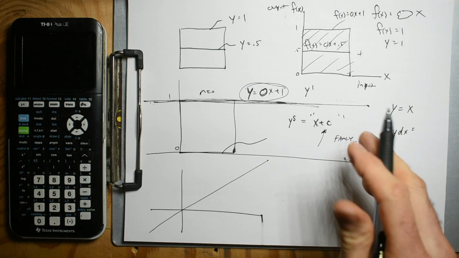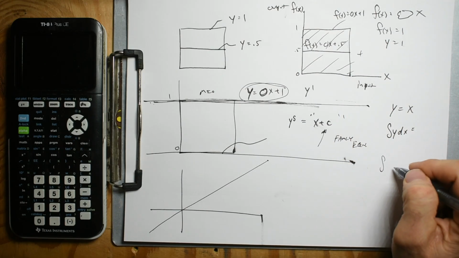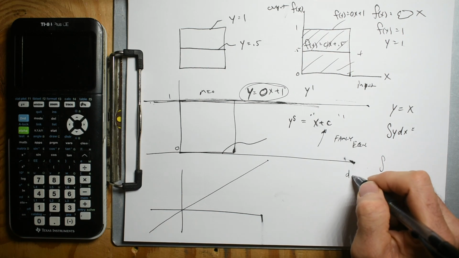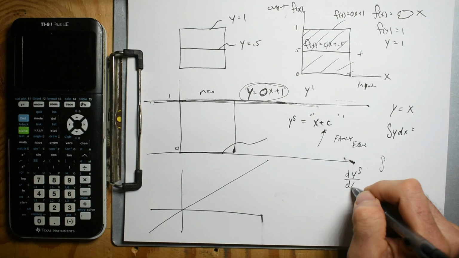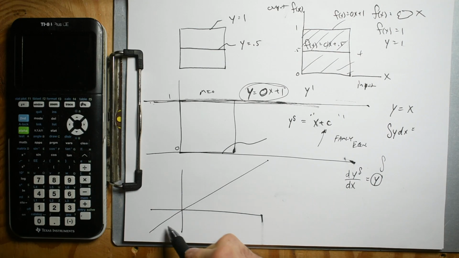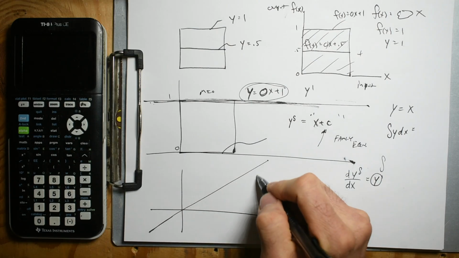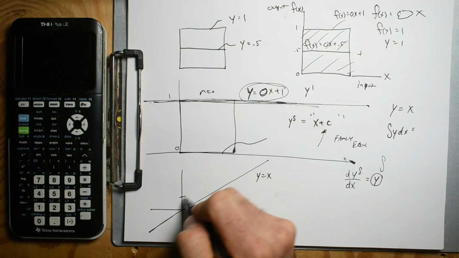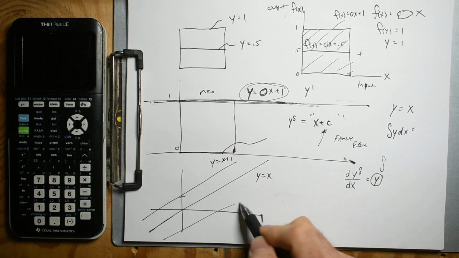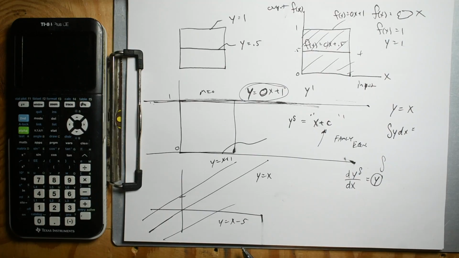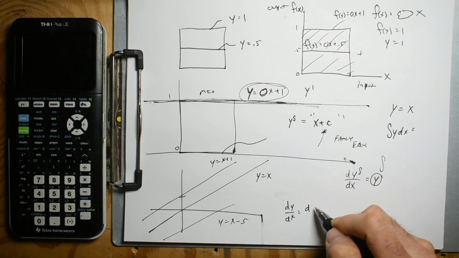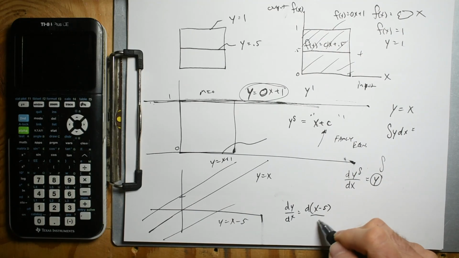It says that whatever equation is the integral, if I differentiate this equation with respect to x, I get the original equation. And so I can have this be y is equal to x. I can have it be y is equal to x plus 1, or y is equal to x minus 5. Because if I take the derivative dy dx, and that would be the derivative of x minus 5 dx,